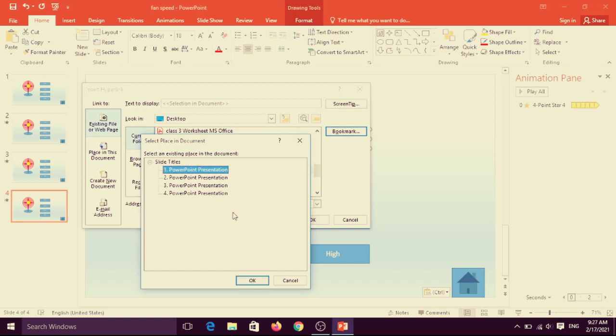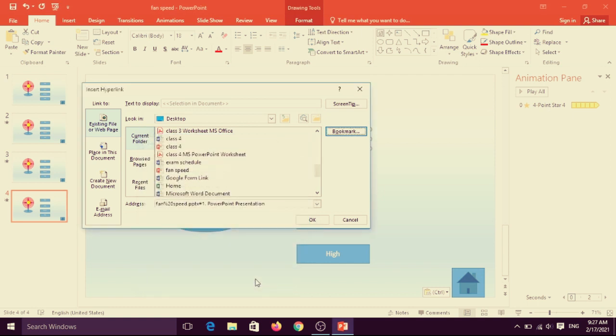means it is on first slide. Okay, now your first slide is selected, and then close it.